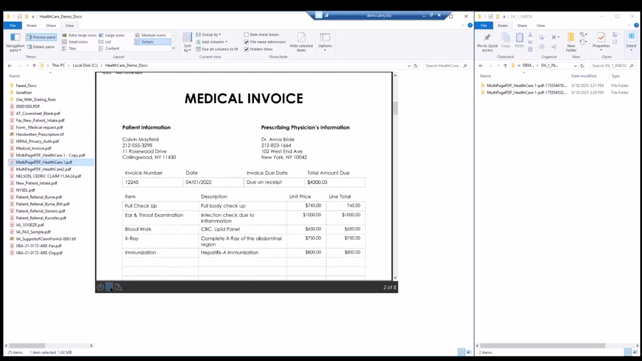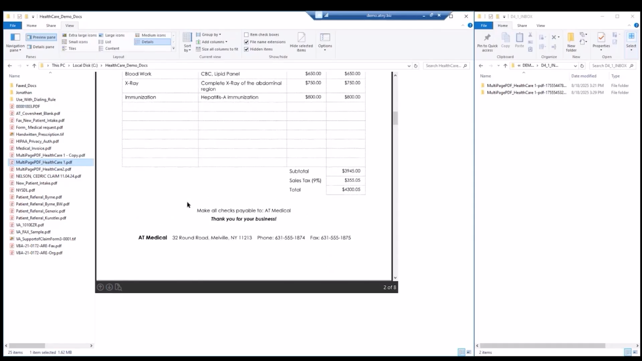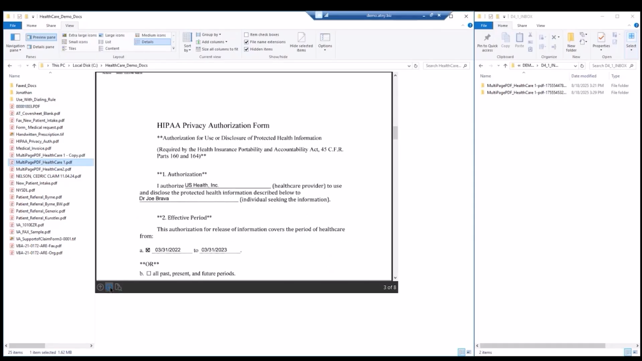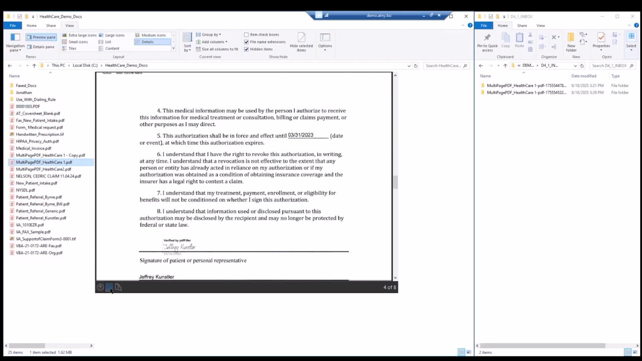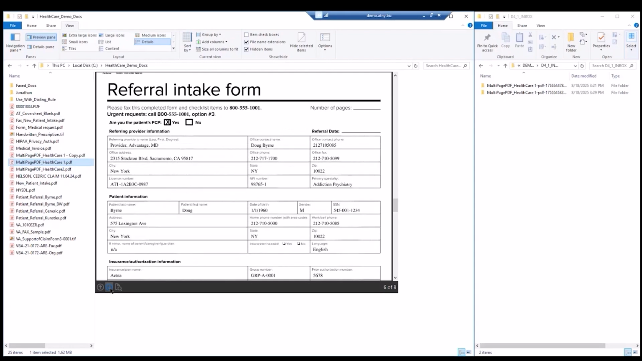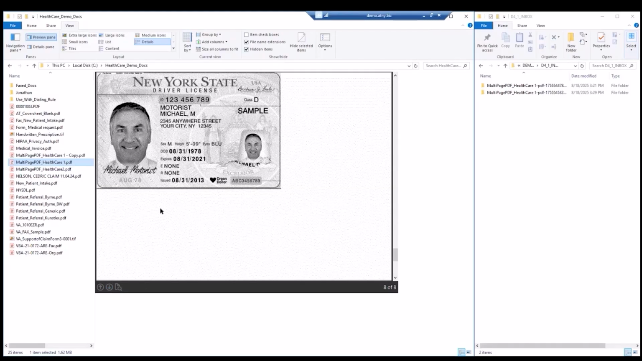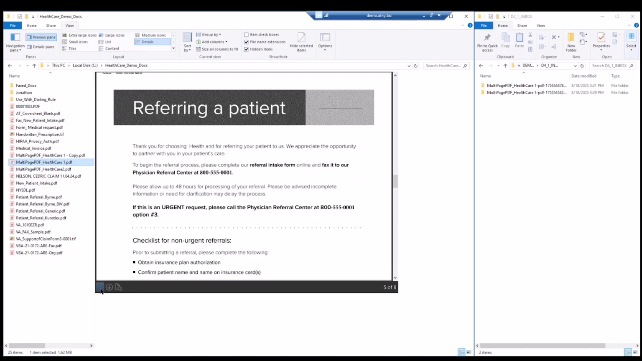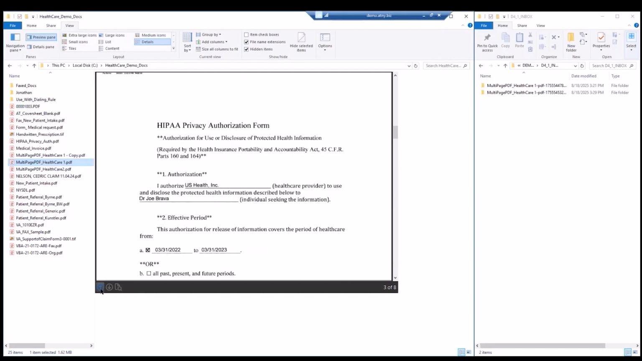It actually has a bunch of pages. Next is a medical invoice with a whole bunch of line items on it. Page number 3 and 4 is part of our HIPAA privacy authorization. We have an example referral intake form and a handwritten prescription and a driver's license. So we have a whole bunch of files, a whole bunch of documents all in the same file that came